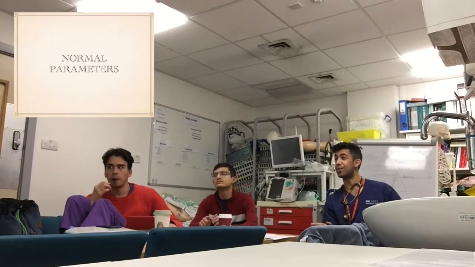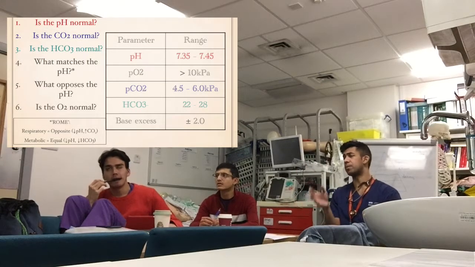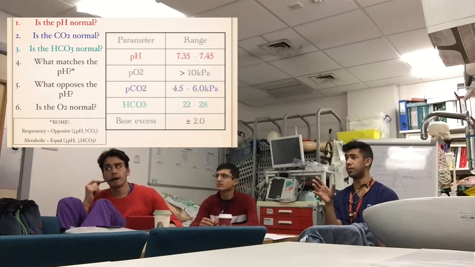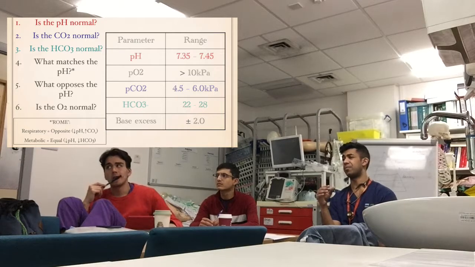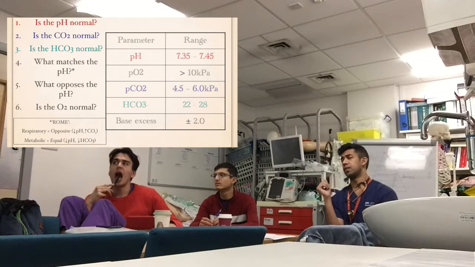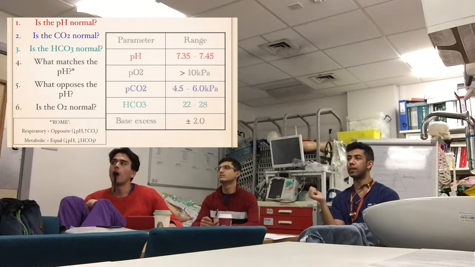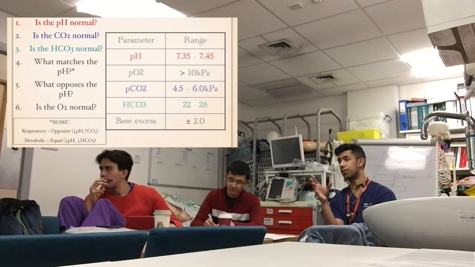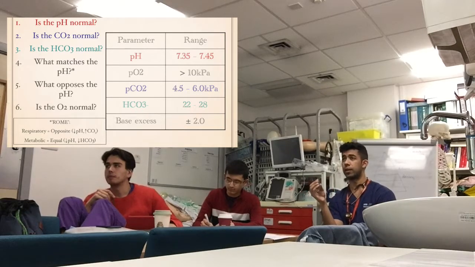Okay, fantastic. So first of all, what I'd suggest you do is write down the normal parameters, or be familiar with them, for a blood gas. The ranges are on the right. In particular, for the MCQs later on, you're going to want to know the normal reference values for CO2, bicarb, and oxygen. I suppose the pH as well, really the whole shebang. If you want to take a picture of the slide, that might be a good idea, because then you have an approach for interpreting a blood gas.